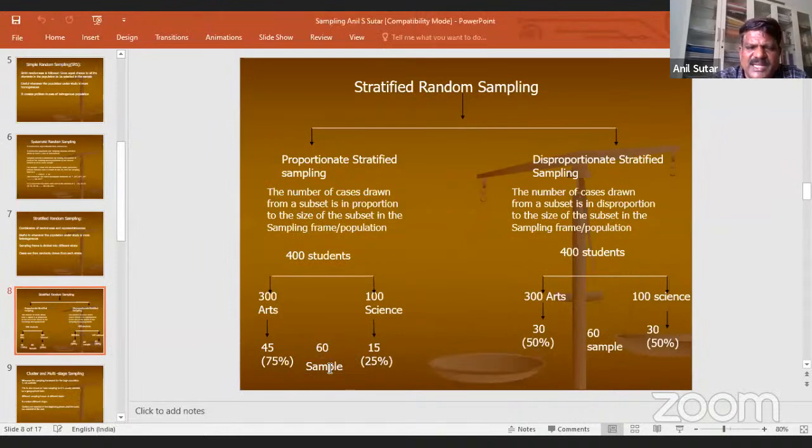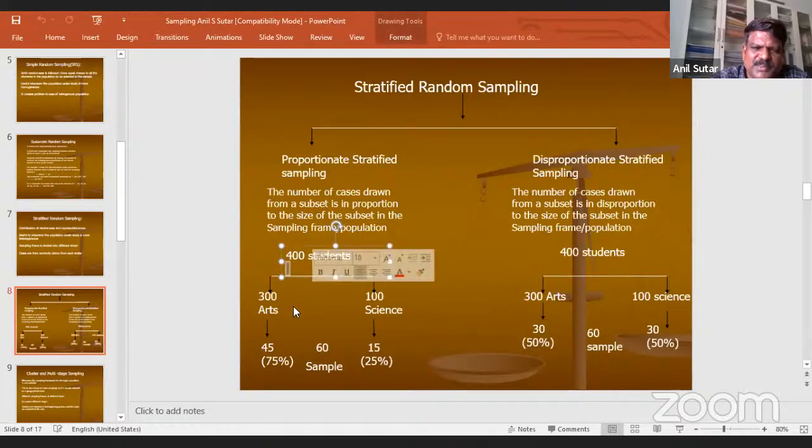You are getting my point. That becomes 60 as your sample, because here you have to see that the proportion of arts students in the total is 75%: 300 divided by 400 into 100. The proportion of arts students in the total population is 75%. Similarly, 75% of your sample should be arts students.